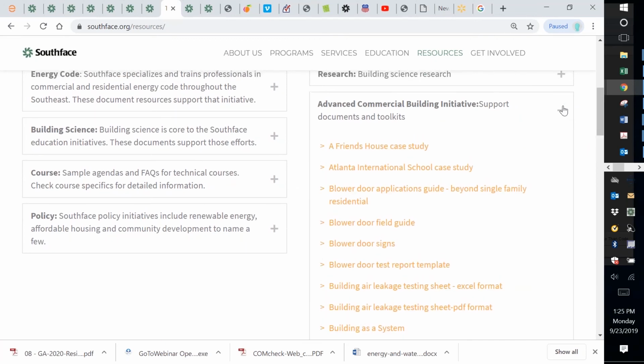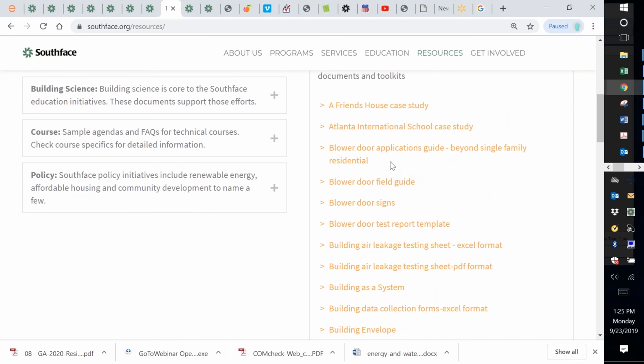If you work in the light commercial world, and light commercial really, 100,000 square feet easily could apply, 50 for sure, these are a lot of good information about retrofits and how we blower door test in commercial buildings, field guides, lots of support tools,